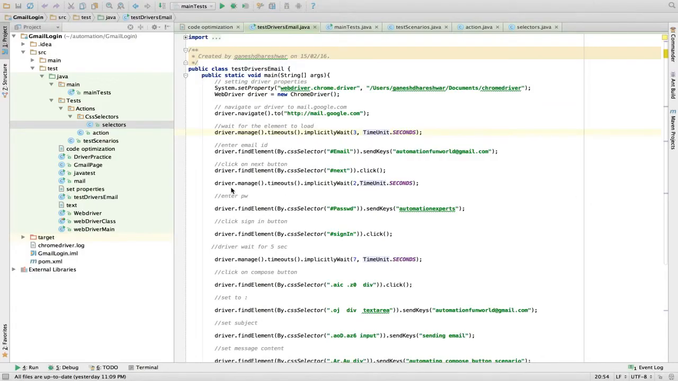Hello everyone, this is video number 9, Optimizing the Codes Part 2. In video number 8, we optimized the codes till element to load. In this video, we will continue with entering the email ID and we will finish optimizing the